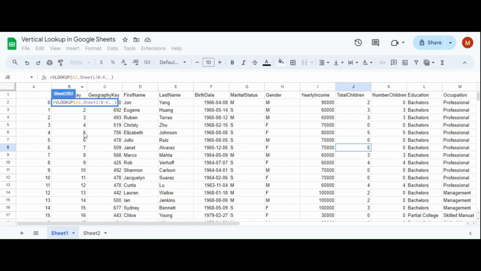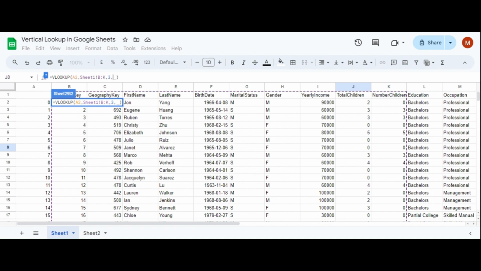Let's say I want to return the first name. So you select the column index starting from 1. B column is 1, C column is 2, and D column is 3. So you will select 3, and then you have a parameter